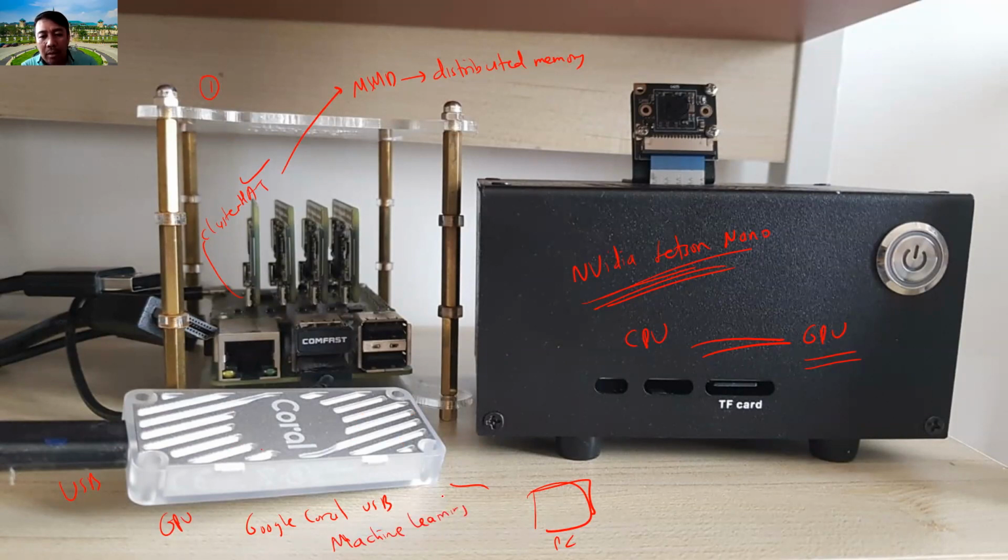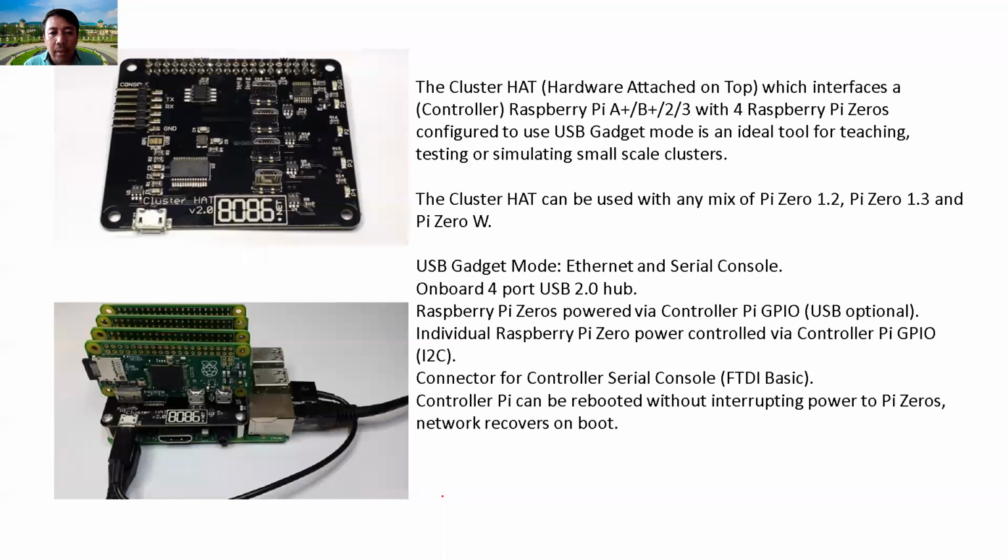Now let's see the examples one by one. So this is the cluster head. As you can see here, this is where you plug in your Raspberry Pi Zero. So at the top, you have Raspberry Pi Zero, like this one. It has its own CPU and its own memory. Then this is the interconnection, connected to the USB. You have something like a USB hub that behaves like Ethernet. So that's why this is the maker of the cluster head.